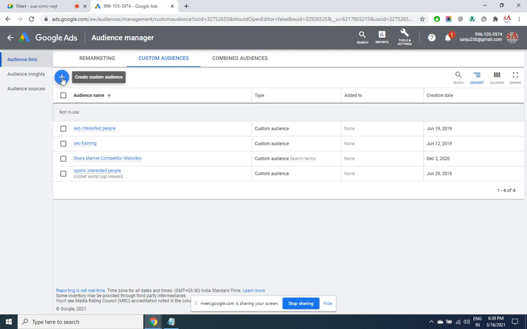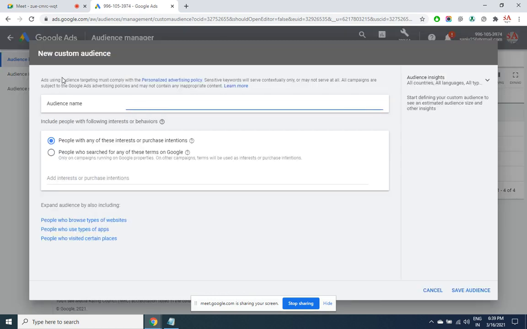What is that audience? Audience who have shown interest into forex, who have shown interest into stock market, who have shown interest into NSE, BSE, who have shown interest into Nifty, who have shown interest into money control. So I click on plus and I give the name here.